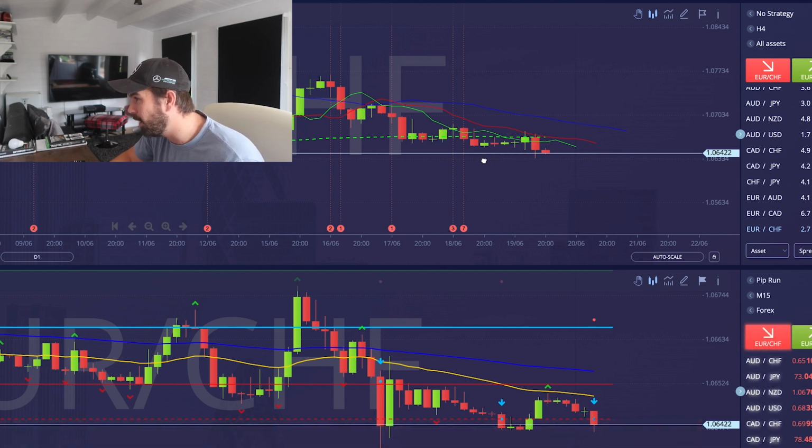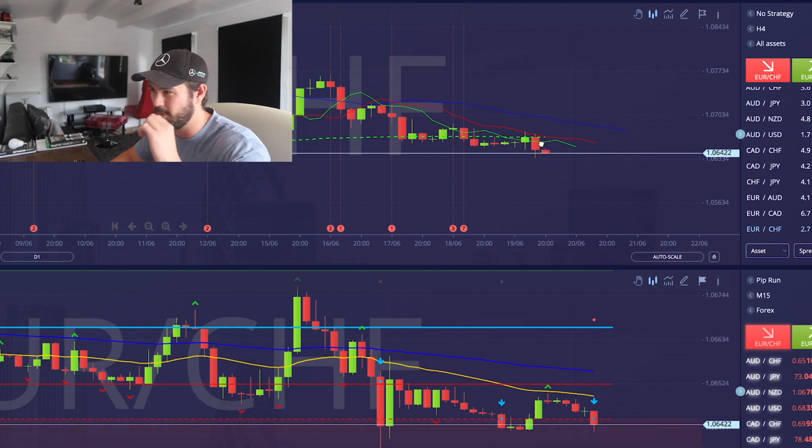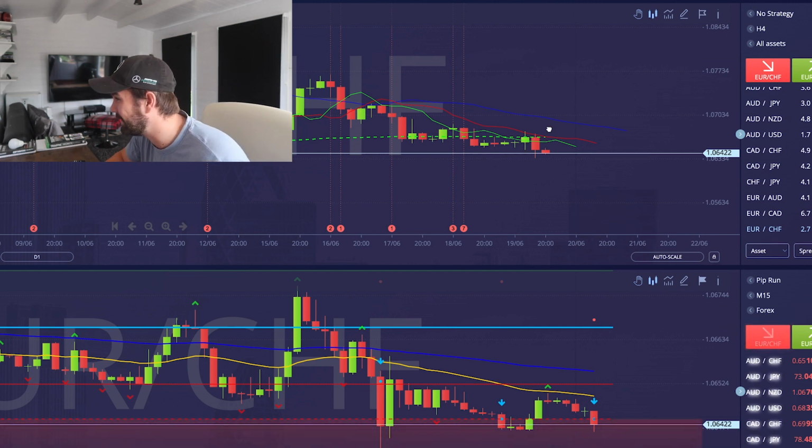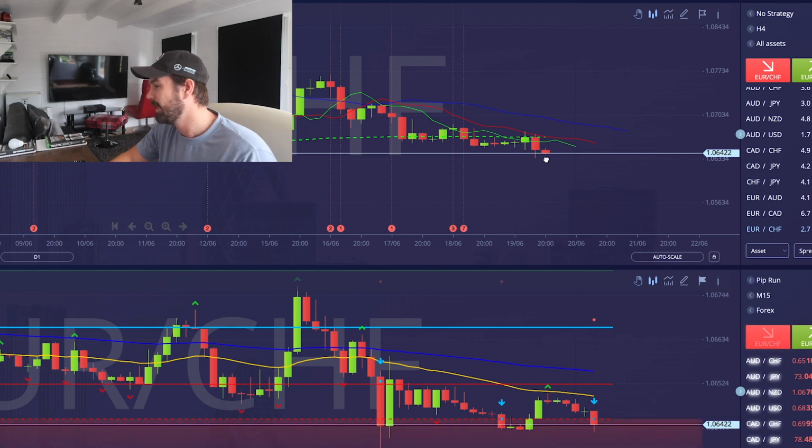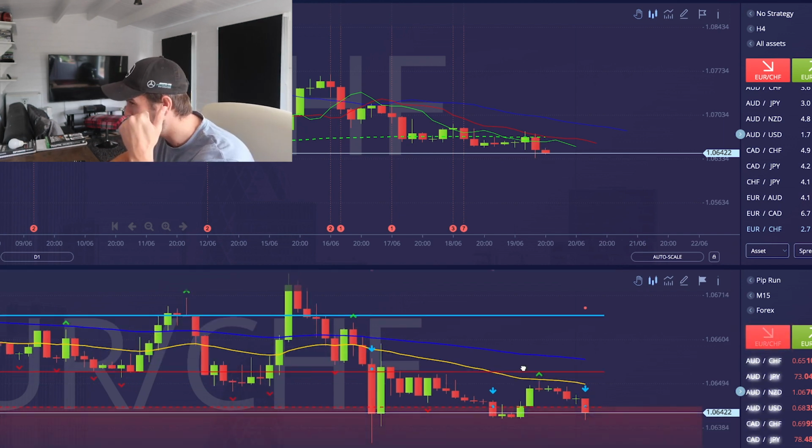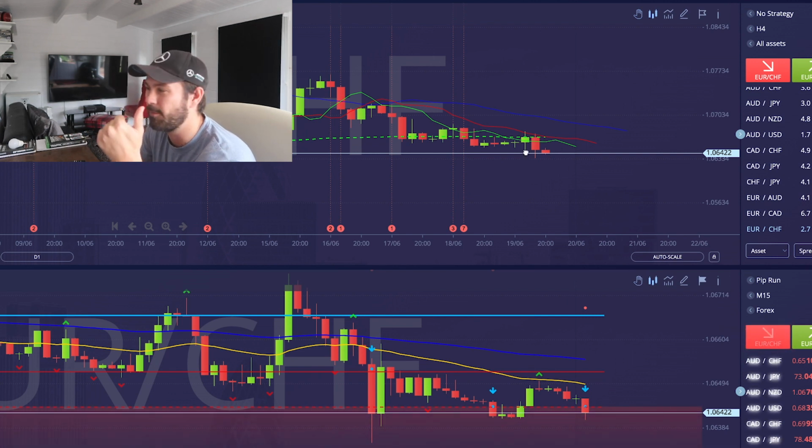It's broken below that 200 exponential moving average, and if you don't know that, the 200 exponential moving average on a 4-hour chart is super powerful, because look how well it's respected. It's broken it, it stayed below it, it went up, it closed below, and now we're going downwards again. So we've got the 4-hour chart confirming it is a downwards trend with the alligator indicator. Smartcharts are saying you should be doing a short.